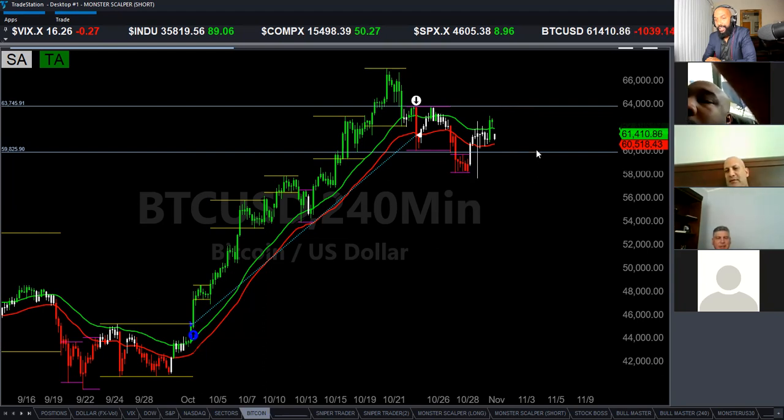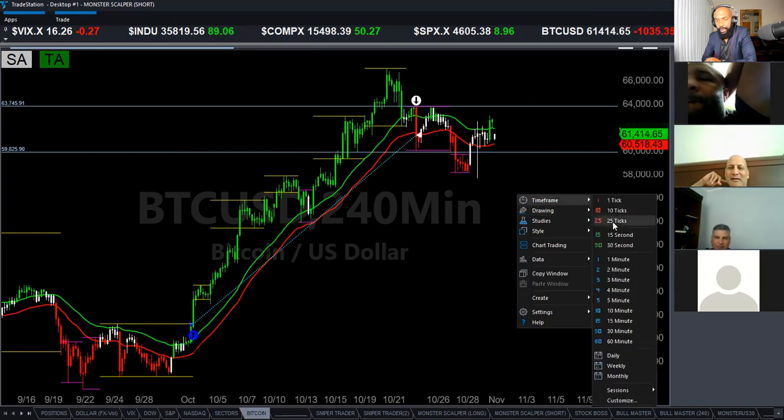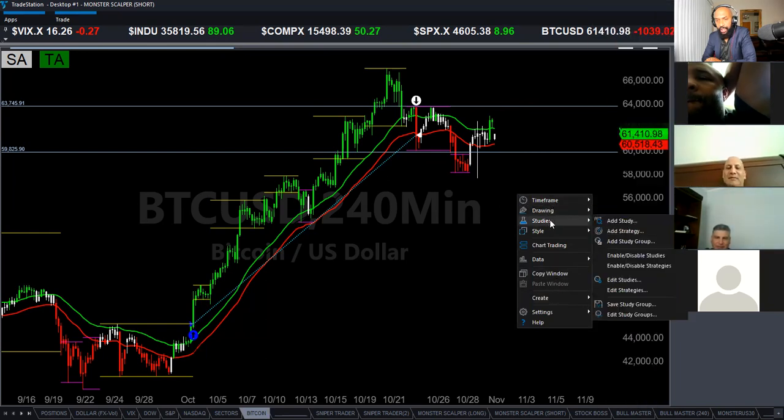That's reaccumulation. I hope he's correct though with the distribution, because I sold at the sell signal, so I'm hoping it still goes down to pick it up. But you can see it could go either way, right? Okay, I'm going to call it distribution because if we put in a short signal, if you guys look here,